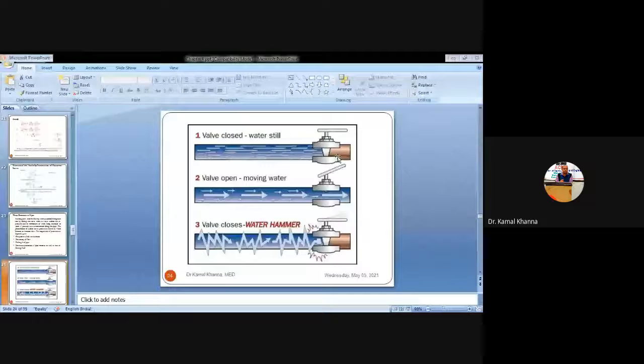So why is it called water hammering? Because the water is striking at very high pressure against the inner surface of the pipe, thus corroding that inner portion and making pores in the pipe. So this water hammering will generally reduce the life of the pipe. So it is not advisable to suddenly close the gate valve.